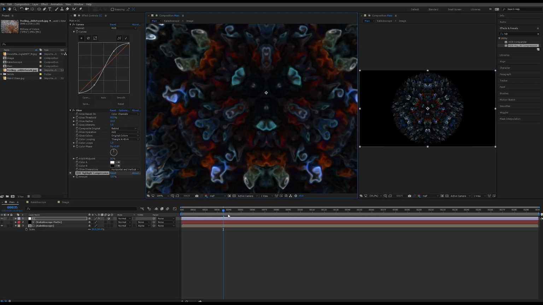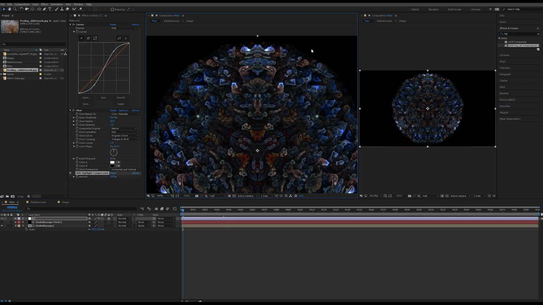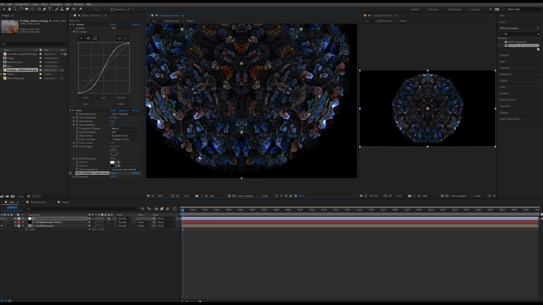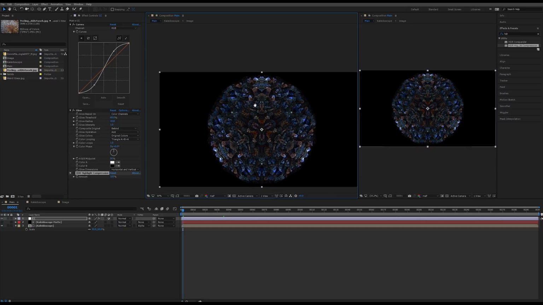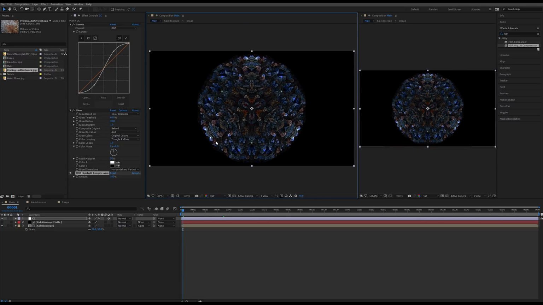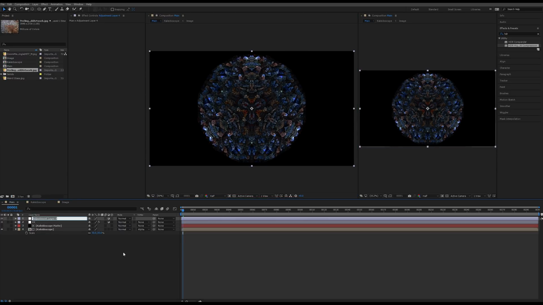Okay, and I also want to add just a little bit of blur around the edges here, because real kaleidoscopes, especially cheap ones, are going to look a little bit blurred around the edges. So I'm going to kind of replicate that. And then the last thing we're going to do is some chromatic aberration. So for this, what we're going to do is add another adjustment layer. I'm going to call this edge blur. I'm going to put this beneath the CC.